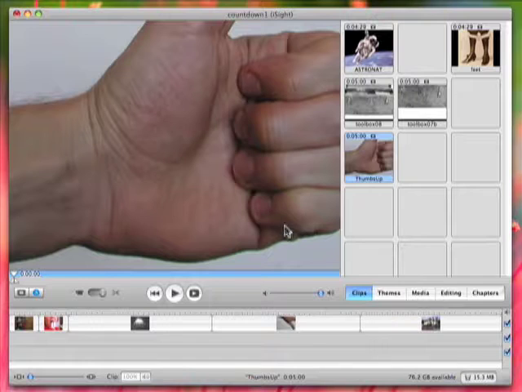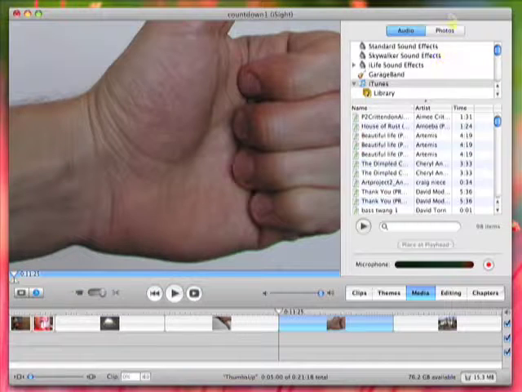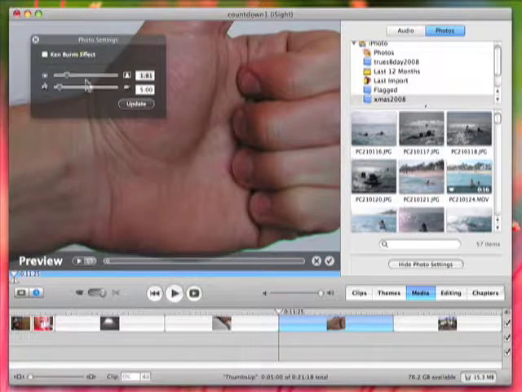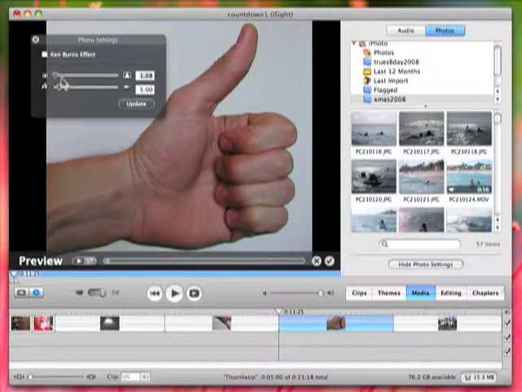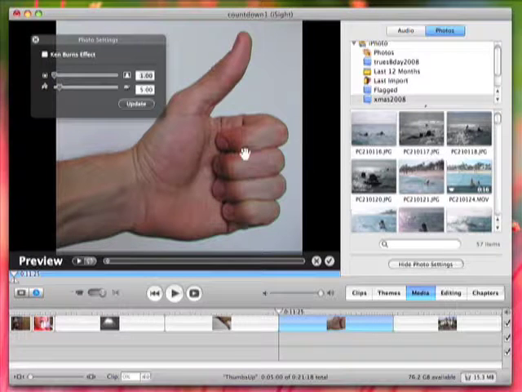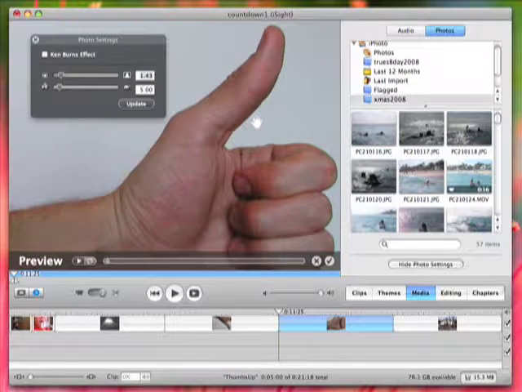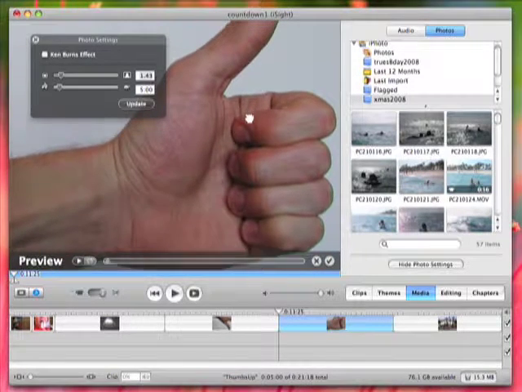like this thumbs up, it was cropped a little bit already. To alter that, I have to drop it into the timeline, select it, go to Media, Photos, and then Show iPhoto Settings. It's again a result of the Ken Burns effect that unchecked simply allows you to resize photos as well as position them. So there it is, backed out at normal size, and it does need to be zoomed in a little bit to fill the frame, and that's just as a result of the size of the original image. I'm not going to get a full frame image of my hand